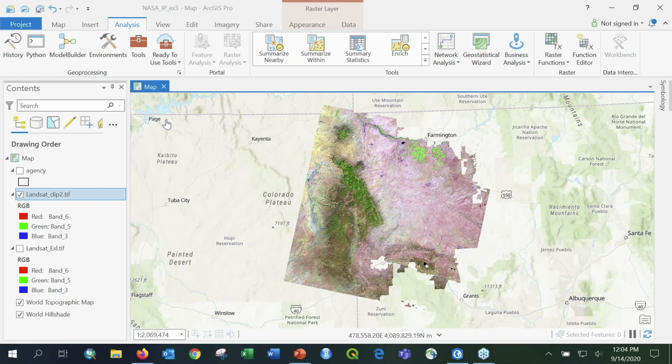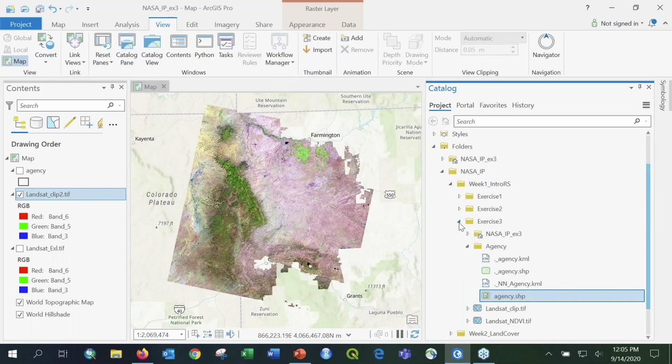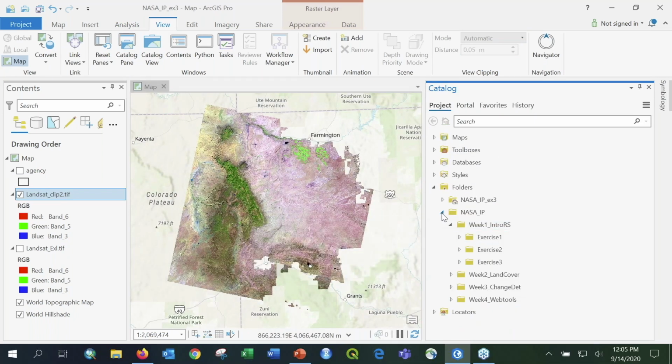Okay. So although we are already displaying our composite clipped Landsat image, what we're going to need to do is just add specific bands of this image because those are the specific bands we will use for our NDVI calculation. And as I mentioned, bands 4 and 5 for Landsat 8 are the ones that will be used. So again, we're going to have to click on View and take a look at our catalog pane, and come over here and find our